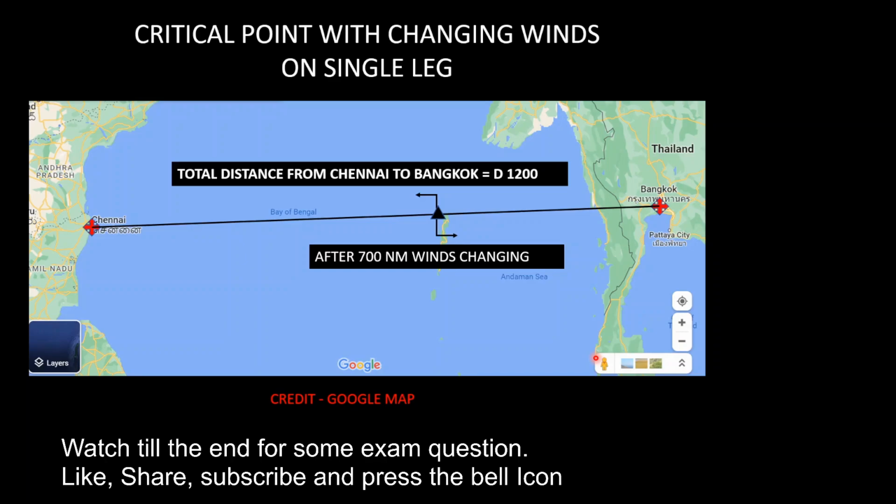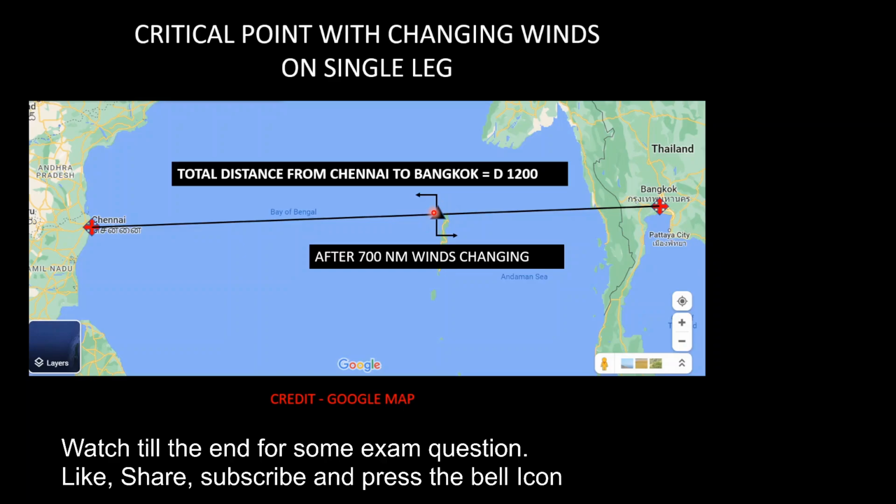So now, after having solved the problem of a multiple leg CP, we will come to another problem where I have a straight leg. However, the winds are changing somewhere in between. So in this case, I'm going to take the same example, a flight from Chennai to Bangkok on a direct route. Somewhere on the route, 700 nautical miles from Chennai, let us assume that